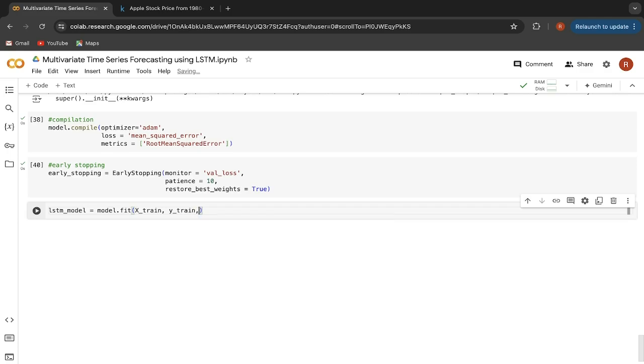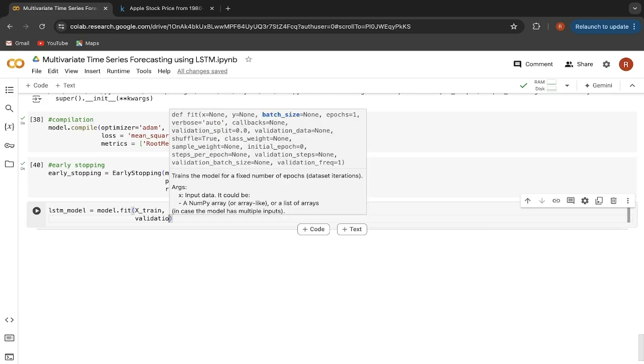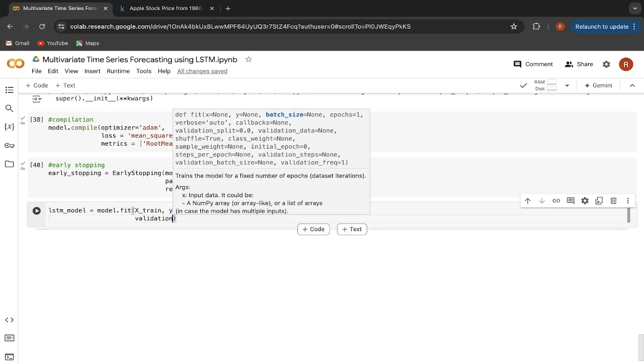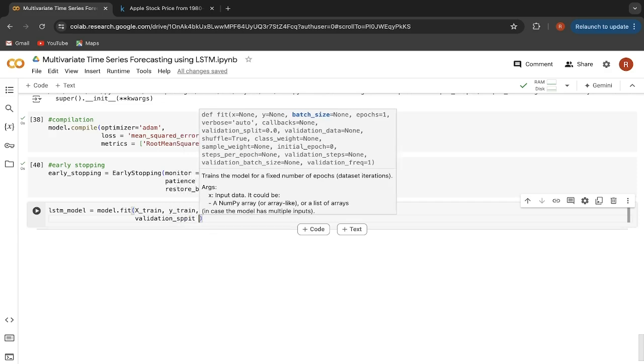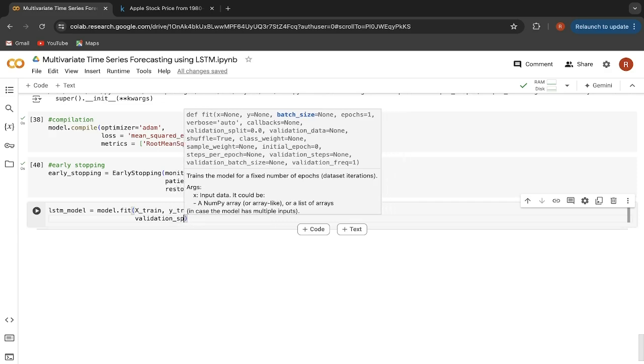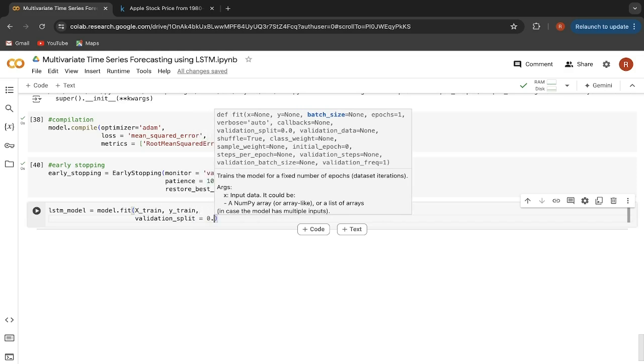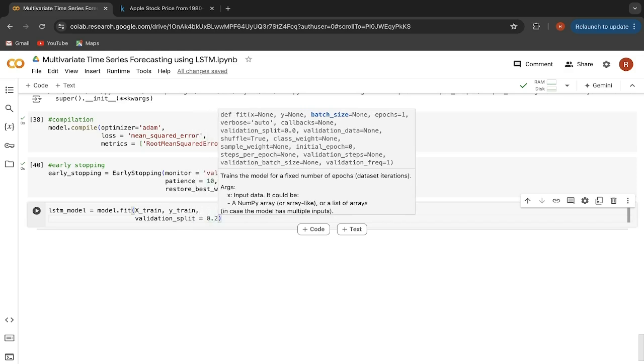After this, we have to do a validation split here, because we want to monitor the validation loss, so first we require a validation loss for that, and we will have that validation loss only if we have a validation set here. But in this case, we just have the training and testing set. We don't have any kind of validation set. Hence, we have to perform a validation split here. So validation split, let's say 0.2.